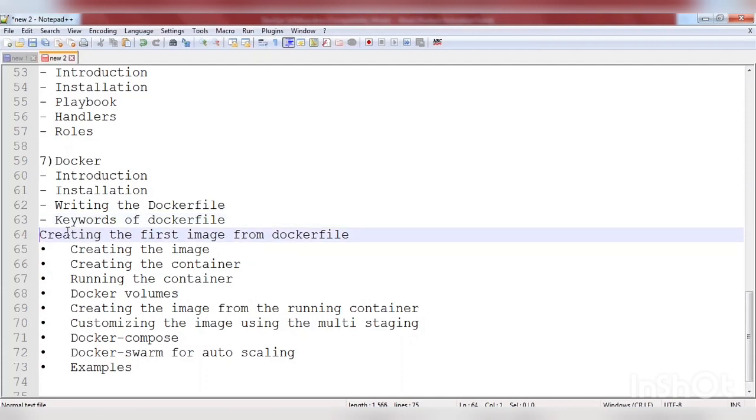Then creating the first image from your Dockerfile. As I told you, we create a Dockerfile, right? So from the Dockerfile, we create a Docker image, and we create Docker containers. Okay, so we'll show how to write a Dockerfile, how to create Docker containers and all. Okay,